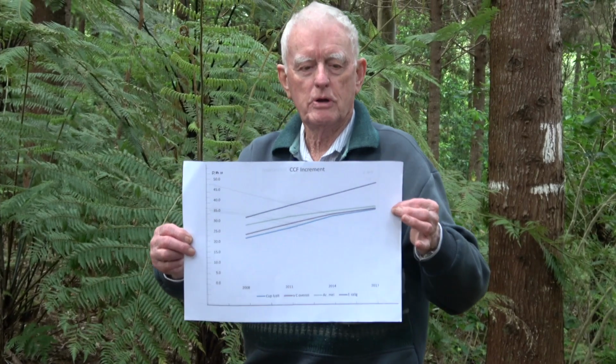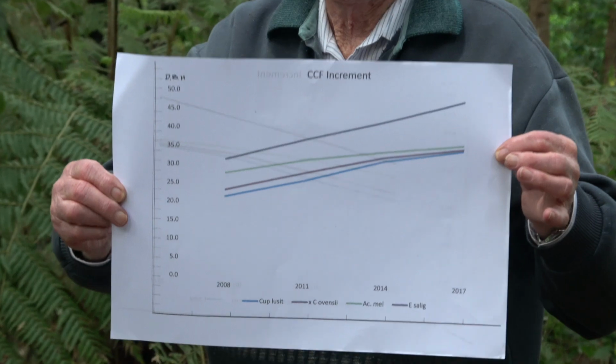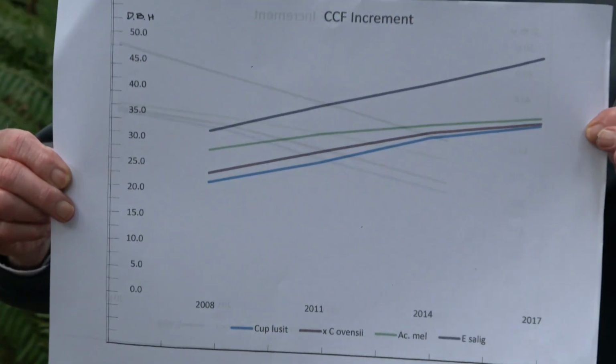This is a simple diameter growth chart. The top one is Eucalyptus saligna, and you can see it's a straight line. Now these are by and large the dominant trees in this stand, and they're actually super dominant. Below them, in green, is melanoxylon, and then you've got oven's eye, and the bottom one is Lusitanica. You can see that the three less dominant species are starting to fall off in their diameter growth rate,